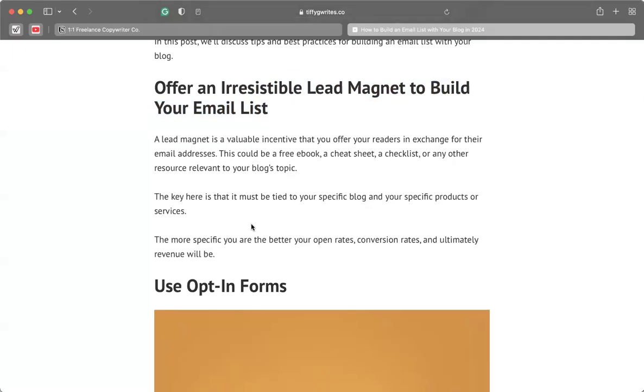A lead magnet is a valuable incentive that you offer your readers in exchange for their email addresses. This could be a free ebook, a cheat sheet, a checklist, or any other resource relevant to your blog's topic. The key here is that it must be tied to your specific blog and your specific products or